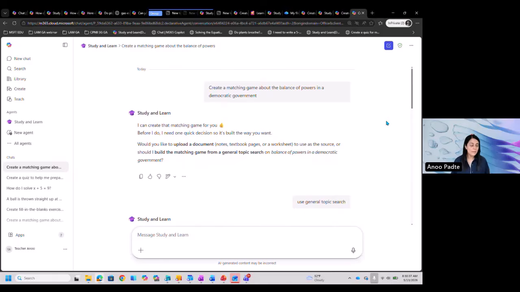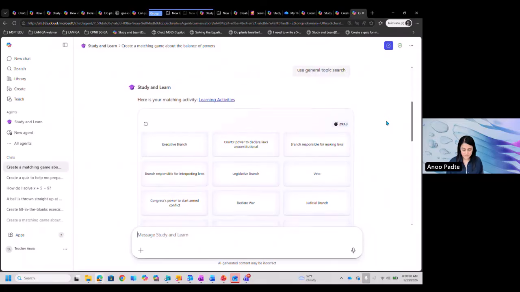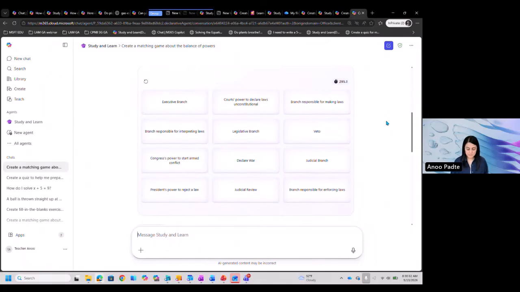You don't always have to attach some notes. If you want to, you can attach notes, and those can be Word, PowerPoint, PDF, Excel. Those are all supported. But I can also just give it a topic and it'll come back with a matching activity for me. And so here's my matching activity, and I can try to match these cards,